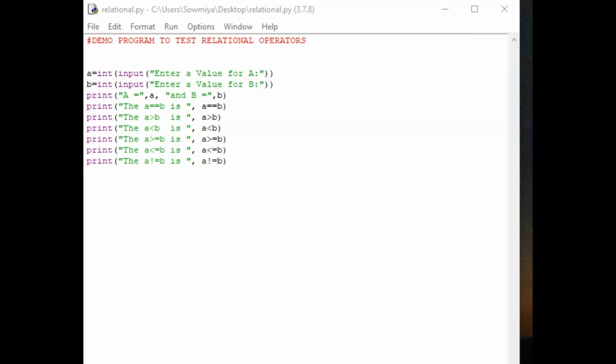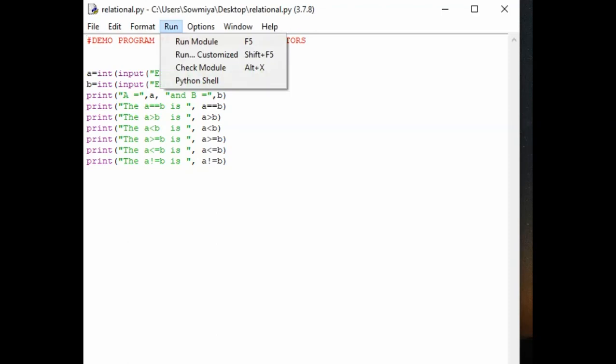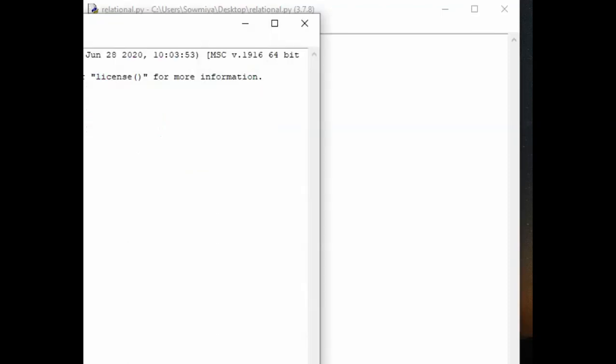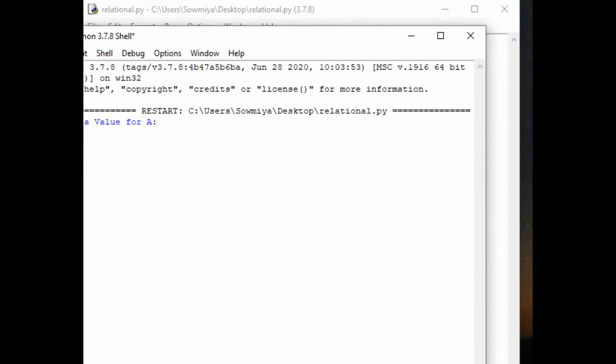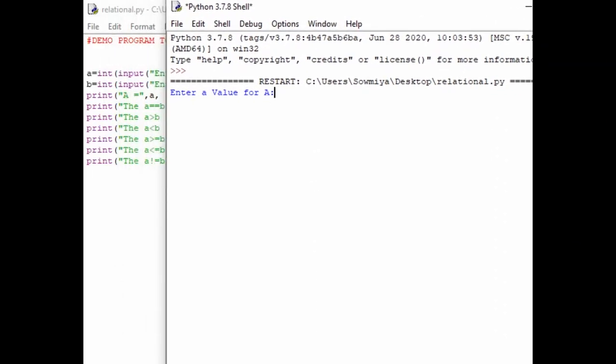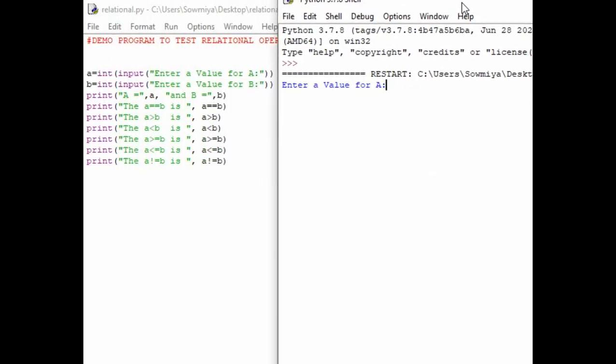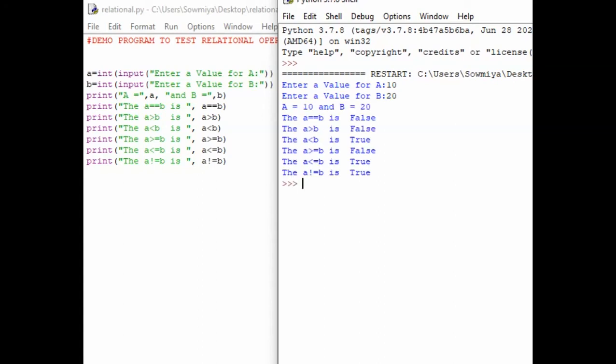Okay, so once you finish this coding part, let us run the program so that you will get a clear idea of this program. Run the module. See here, first statement, input A is equal to, enter a value of A. It's asking enter a value of A. Now you give some 10 and press enter, and enter a value of B. So it's asking, so I give 20 and press enter. So see here, next statement is print A and print B.